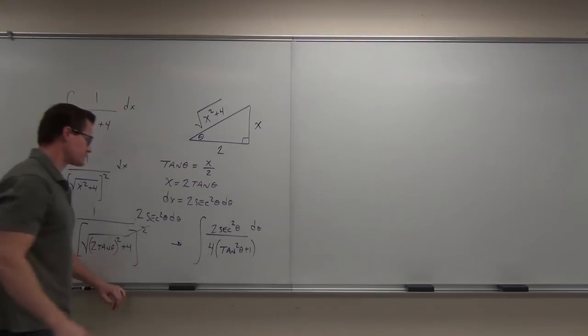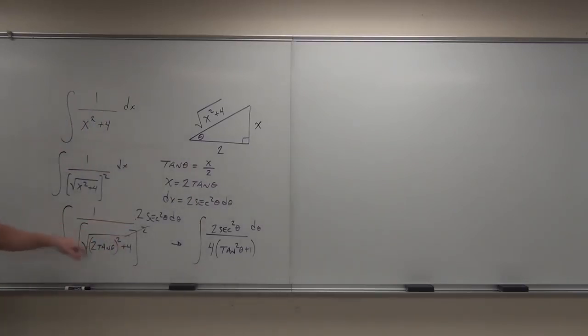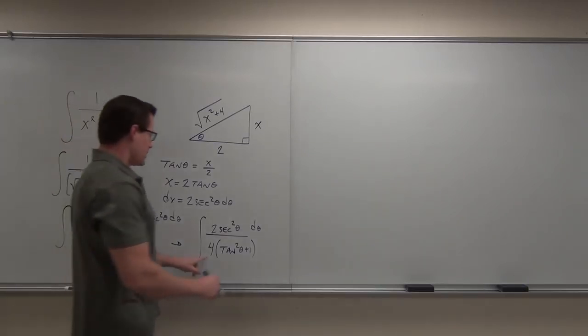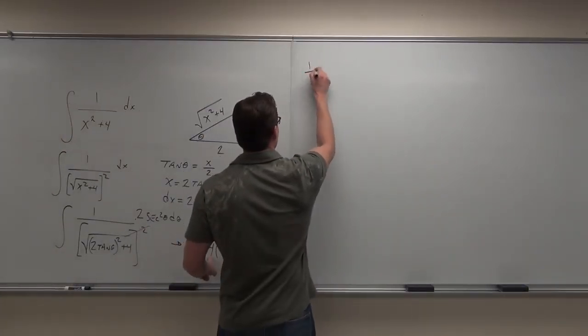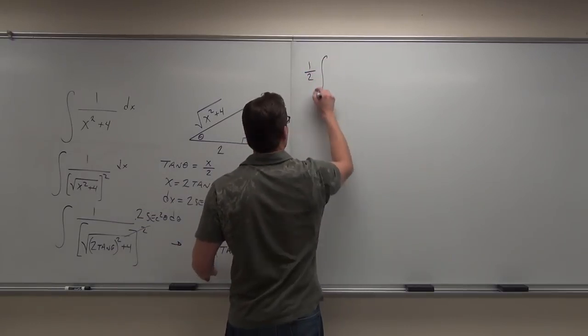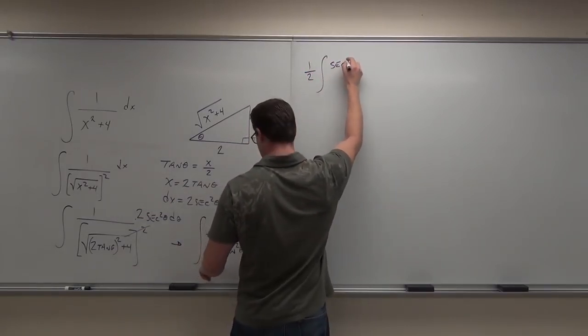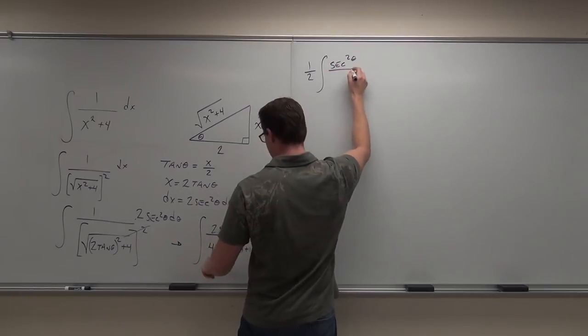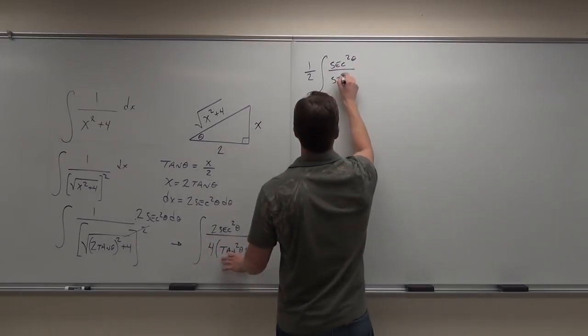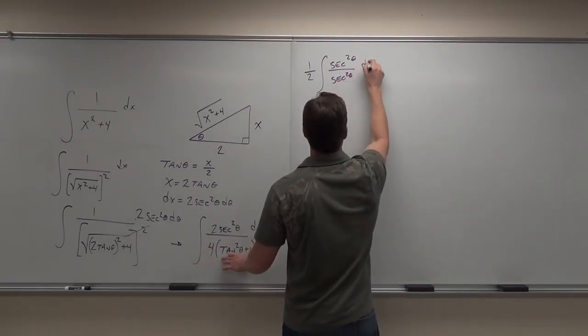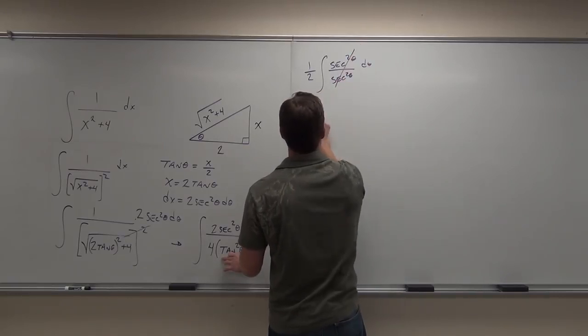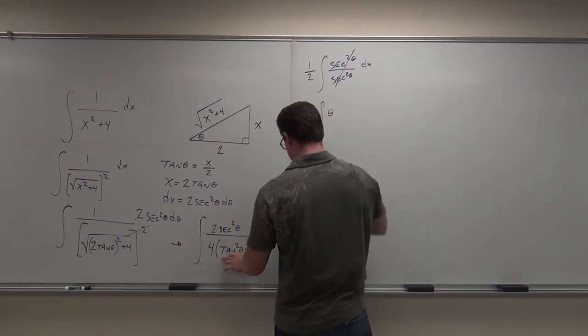There we go. That's gone, we pull the 4 out. Of course, we square the 2, we square the tangent. Pull the 4 out. After this, we'd have a 1/2 secant squared theta. This becomes secant squared theta d theta. This is 1/2 the integral of